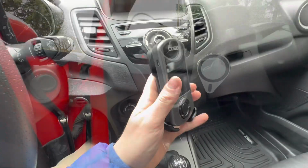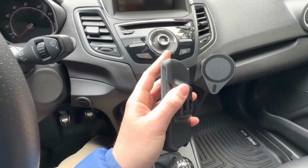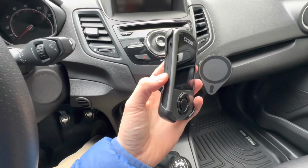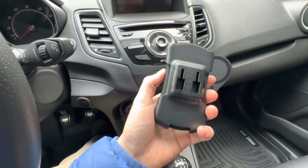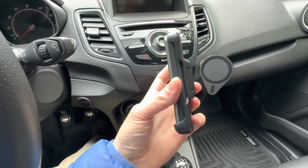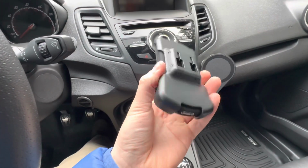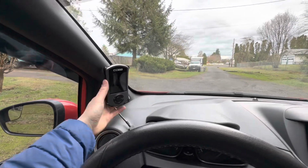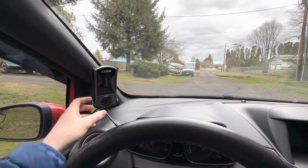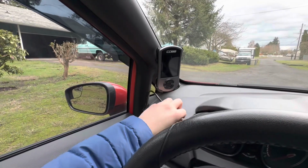thing installed. So it comes with this little mount that I think is magnetic, but it kind of just sits in there like that, which is pretty nice. And then you can put your actual mount that connects to your dash or your pillar, or however you want it connects to that. That way it can be easily removed and whatnot. I just mounted it on the pillar right here. It doesn't look perfect, but it's enough where I can see it and operate it from a driving point of view. So yeah, the next step is to